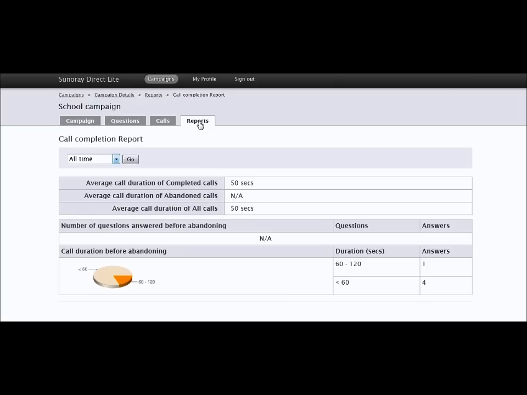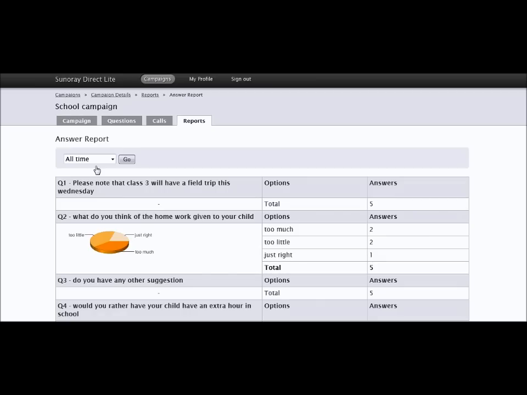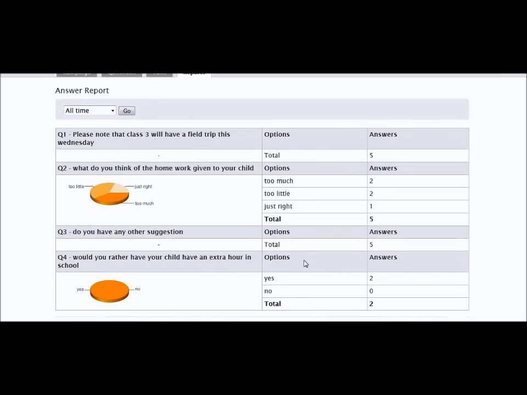Similarly, you have another report called the answer report. This basically tells you how many people answered or chose which option for each one of your questions that you had set up. So here itself you can see that there are 2 people who thought the homework was too much, 2 people who thought it was too little, just 1 person thought it was just right, and so on and so forth. You can get all your options linked up right here. How many people said yes? Yeah, 2 people seem to have said yes to have their child spend an extra hour in school, so that gives you an insight into what parents are thinking right here and now,